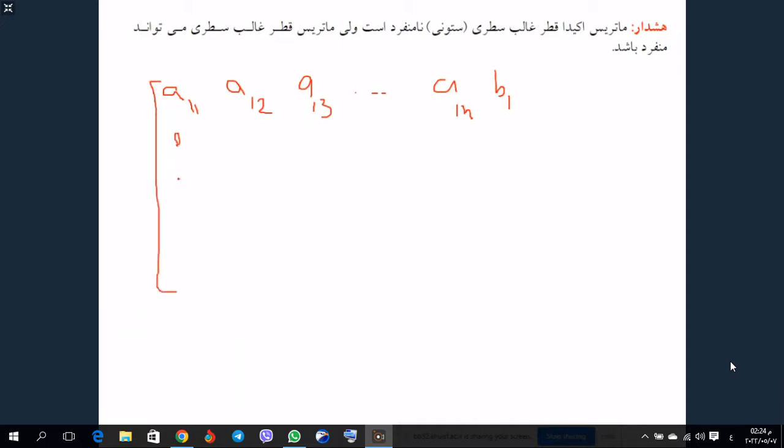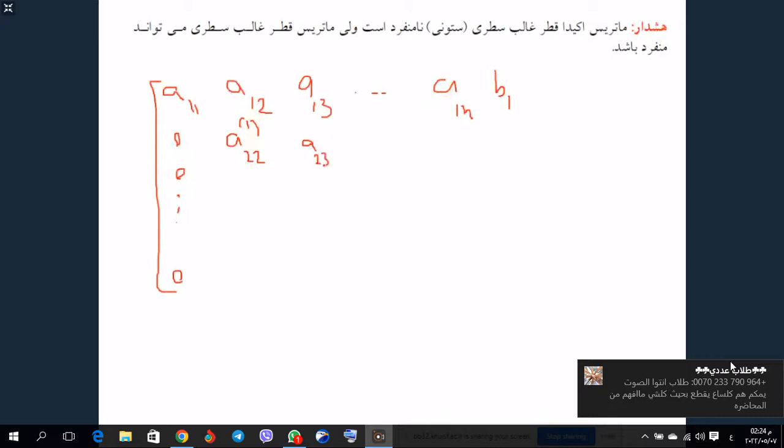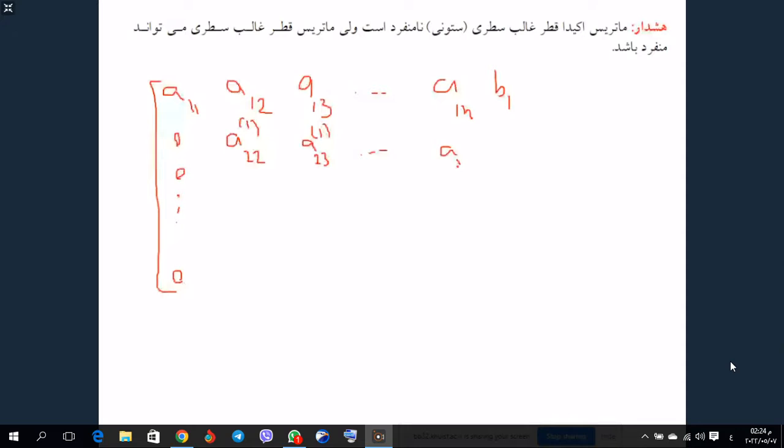This one will be 0, 0, and 0. We have here A22 in first phase, A23 in the first phase, A2N in the first phase, B2 in the first phase, A32 in the first phase, A33 in the first phase,